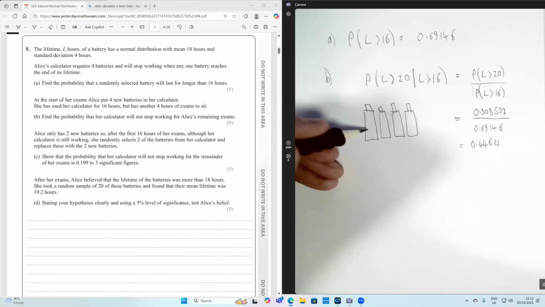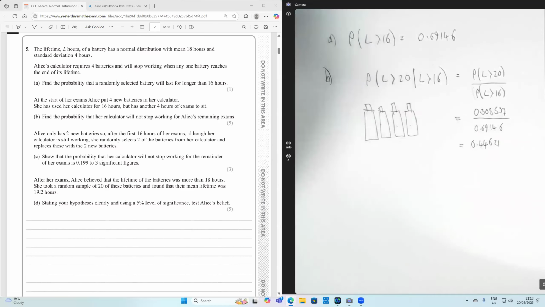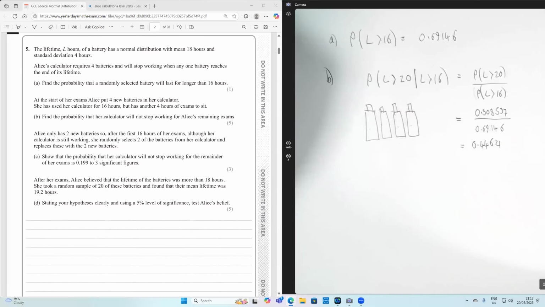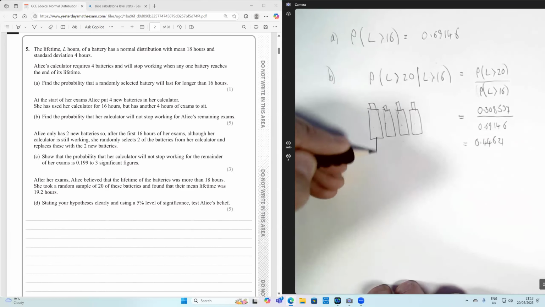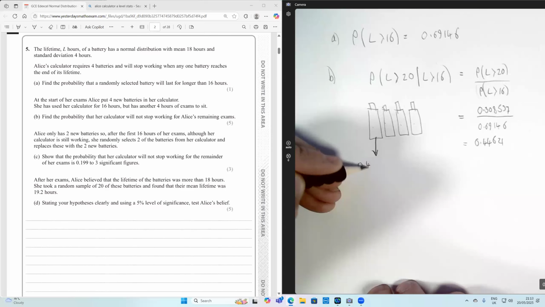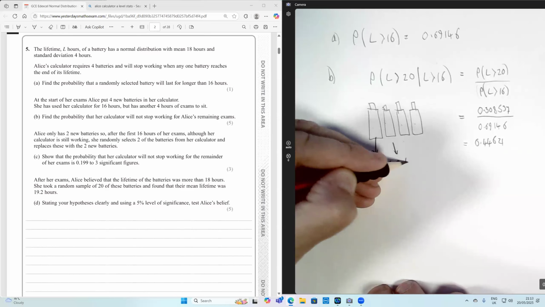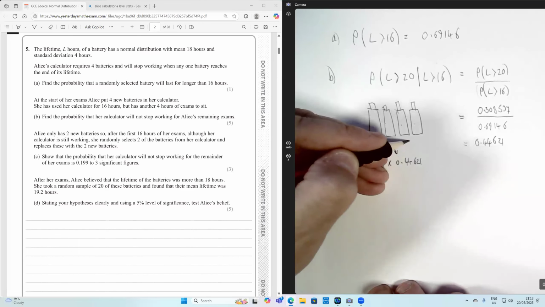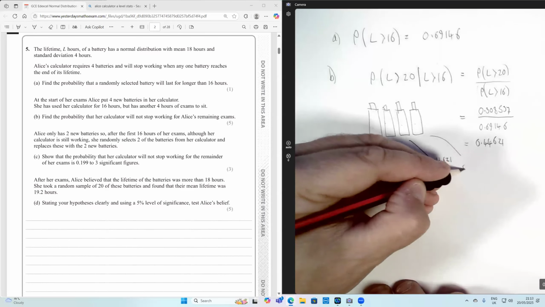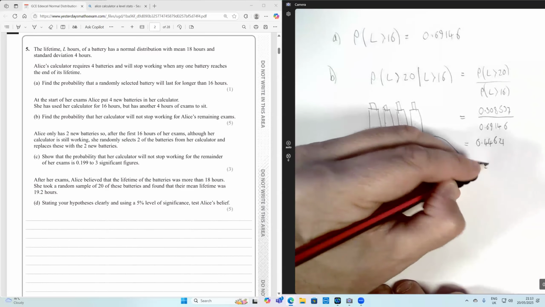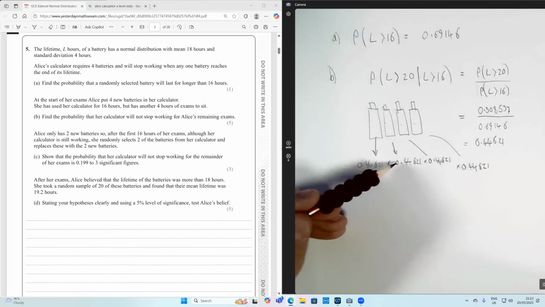Now we need this one to last, and this one, and this one, and this one. You may remember that in probability, whenever we hear that word "and", we're going to multiply, okay? So what we need is this one, which is 0.44621, and this one, which is also 0.44621, and this one, which is 0.44621, and that final one, which is also 0.44621, okay? And they are all multiplied together because we need that one and that one and that one and